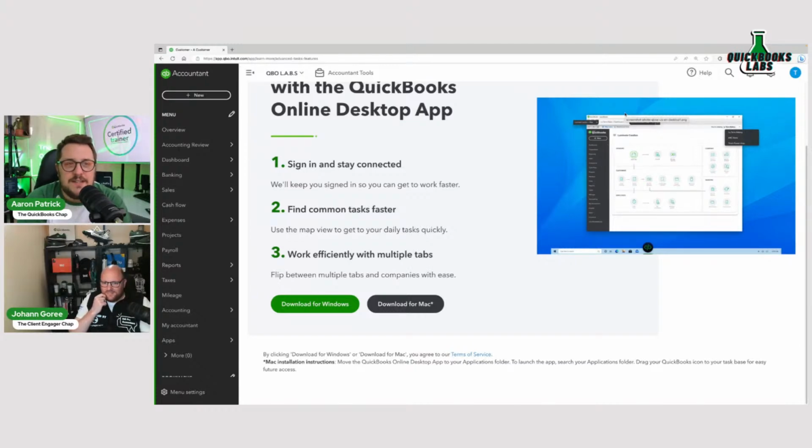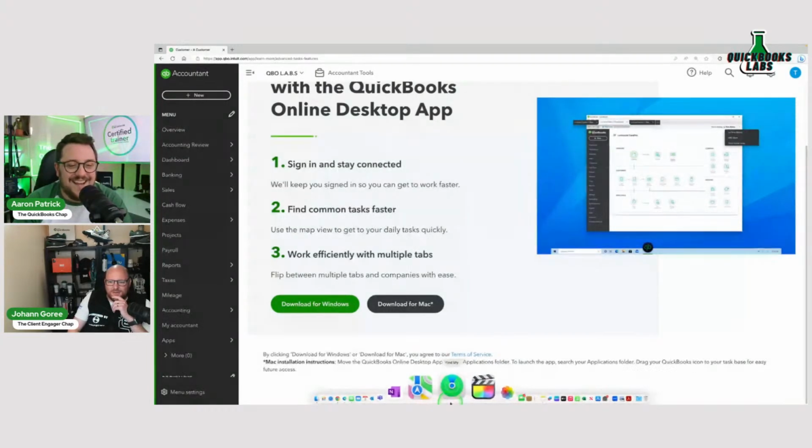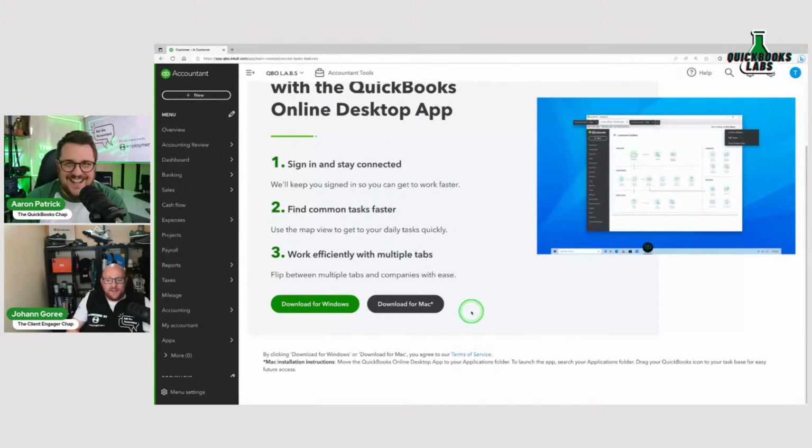But yeah, I've got a feeling there's a reason that QuickBooks themselves aren't shouting from the rooftops about it. So what are your thoughts on it then? I'm doing the BBC's job of fact checking you now. I'm going to have to do a counter video to every single one of your videos going fact checked. I mean, it does give you a desktop view, so you can make it feel like you're in your QuickBooks desktop environment. Or radical idea, modernize and get over it. Ouch. Move on, people.